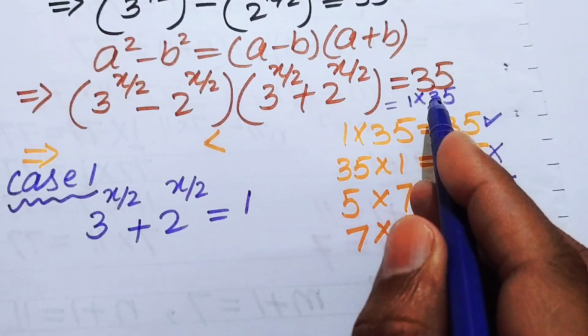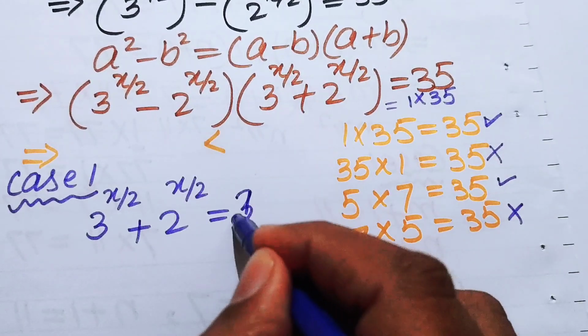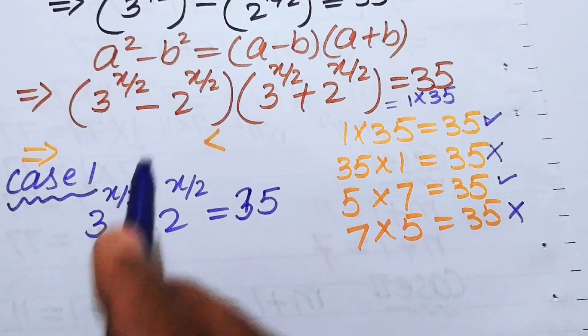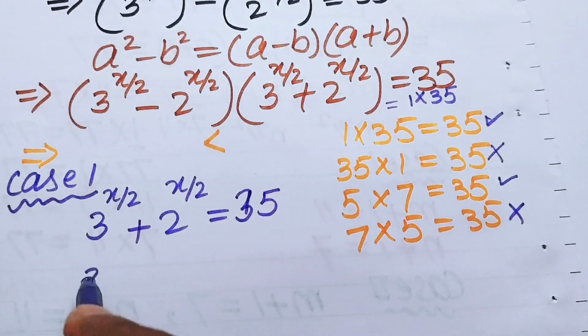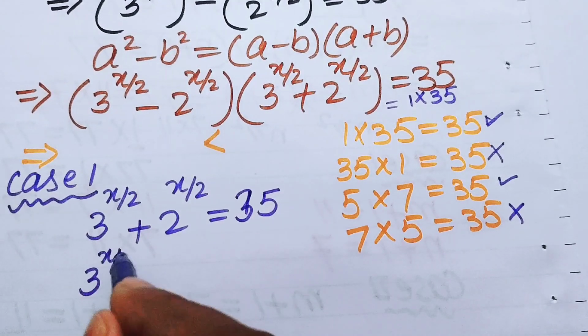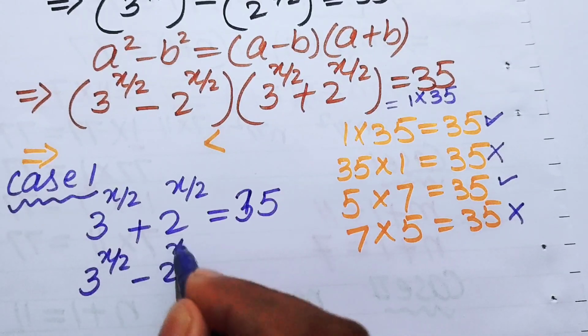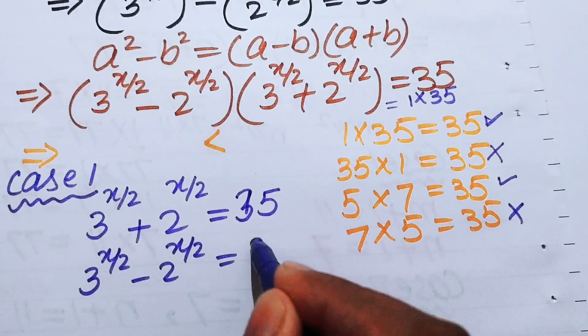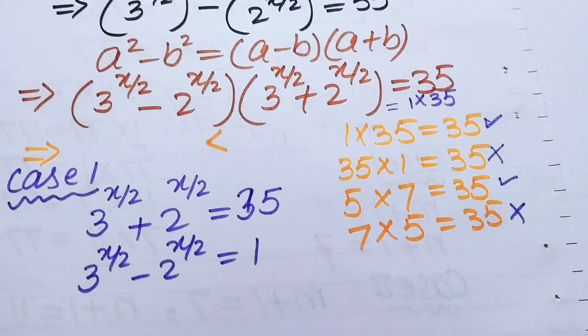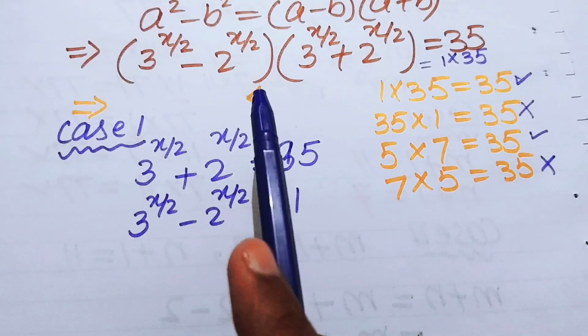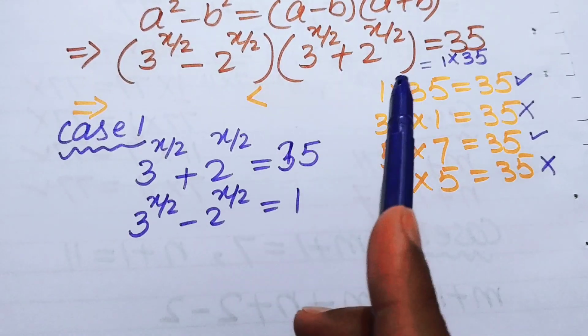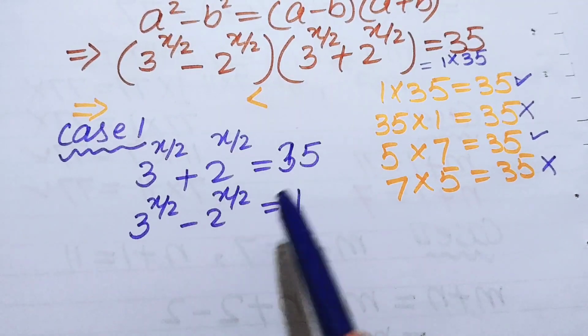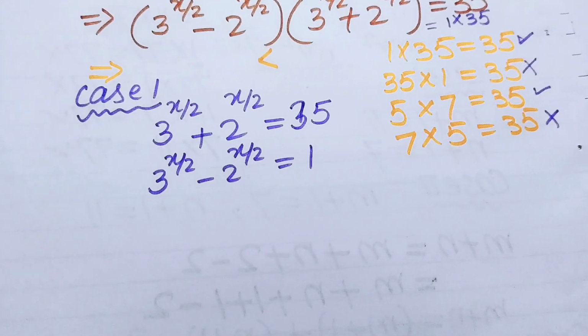So in this term you have the right hand side will be 35, and in the first factor we have 3 to the power of x over 2 minus 2 to the power of x over 2 equals 1. So in the first case, after comparing both of the sides, you get both of the factors equal to this one. And now, because our target is to find the values of x, so that now first